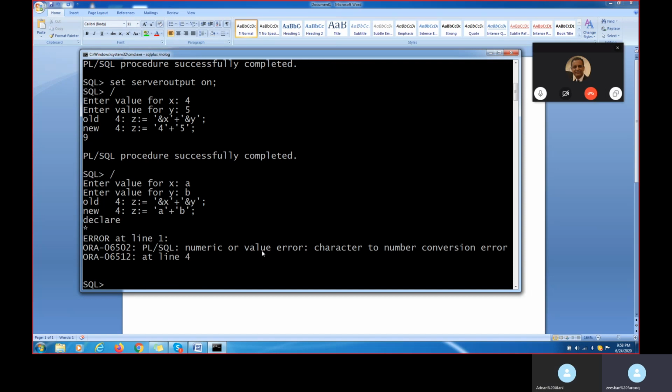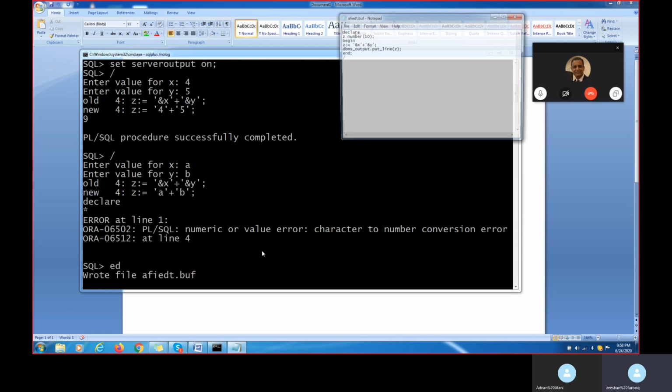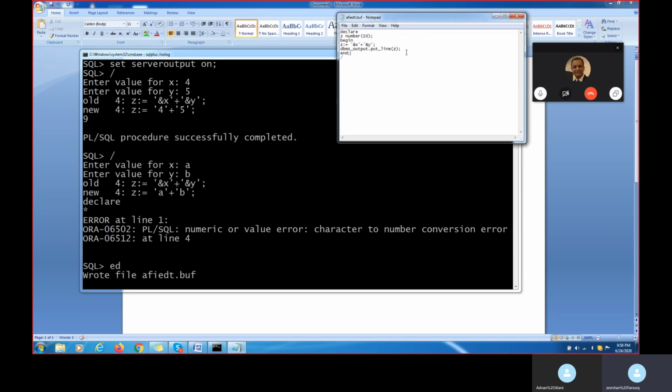Now I'm applying an exception to that. Whenever these kinds of things happen, the exception is raised. When? When VALUE_ERROR.